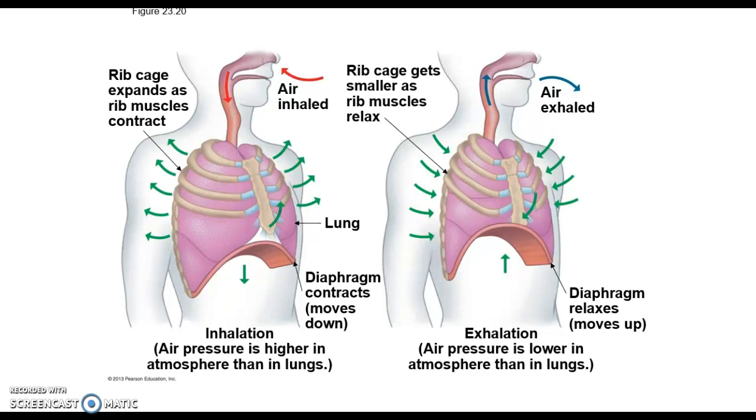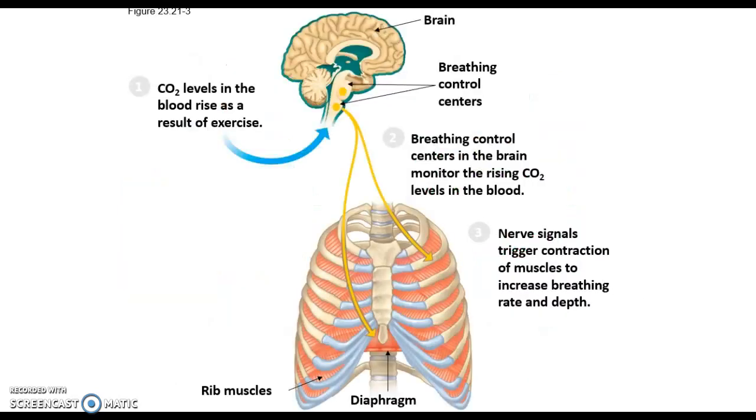Again, our rib muscles and our diaphragm are contracting, which increases the size of our chest cavity, which creates a vacuum almost, which will suck air in to fill our lungs. And then as we exhale, our diaphragm and our rib muscles are relaxing, so our diaphragm is moving back up, which is allowing air to be exhaled. So our brain controls